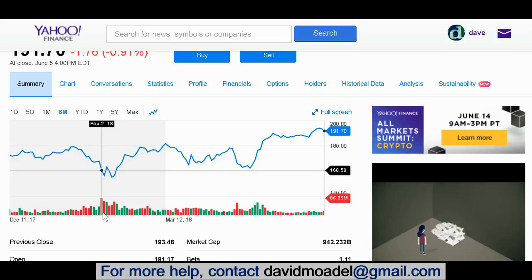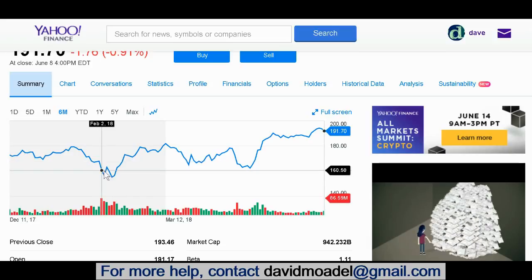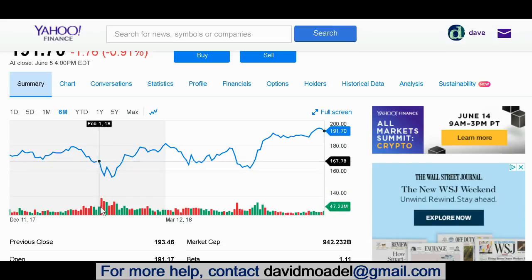Now it's red, and so that means that the price was going down. But you can see the volume was going up. And so that means there was heavy selling, as they say, a large volume of shares being sold. And so some people would say that when that happens, the price might continue to go down after that. But that prediction is not 100% true all the time.